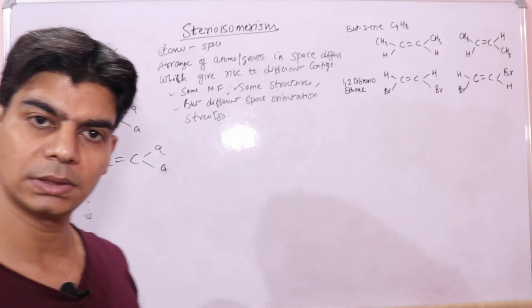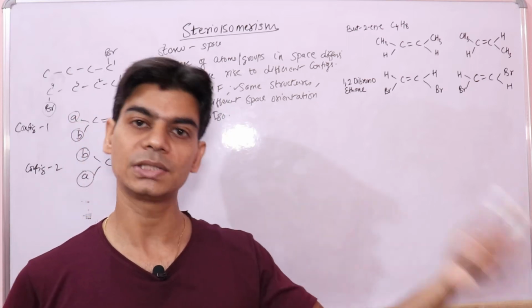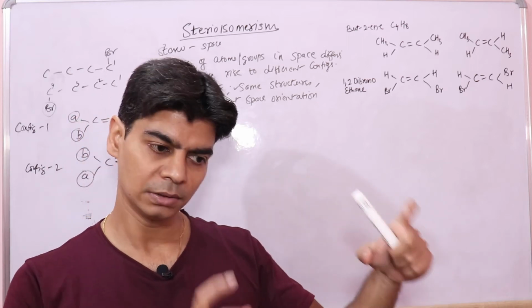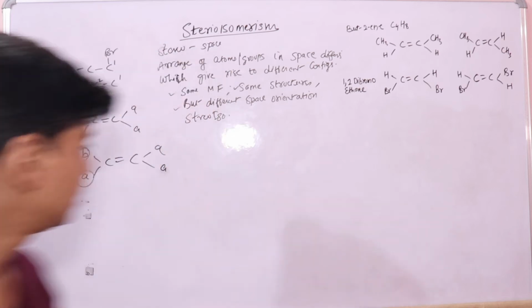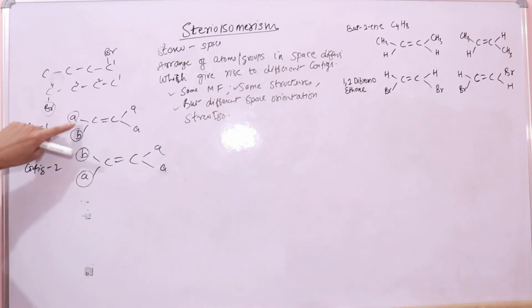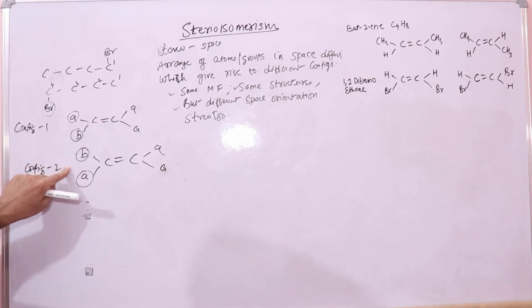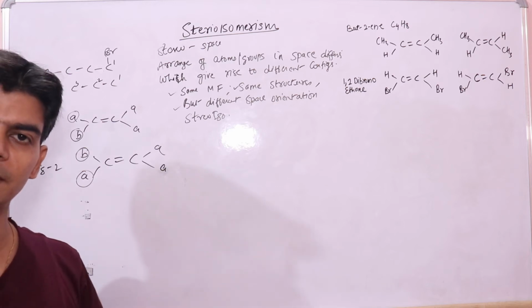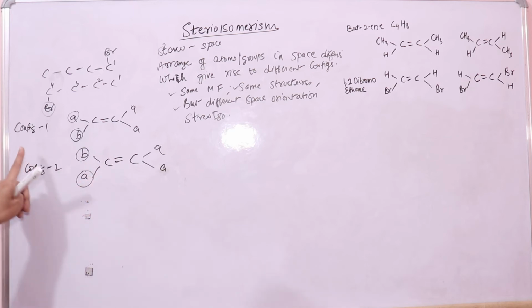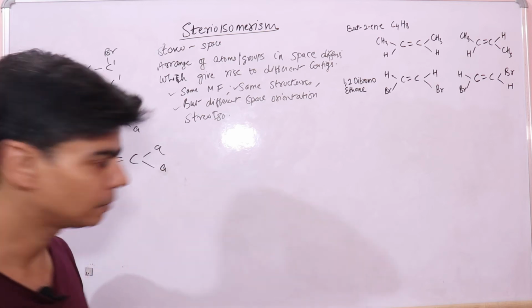Here chemical structures are same, the connections are same, but what differs is how they are arranged in space, right? Their space, the space that atoms occupy, right, in space differs. Here A is occupying a space which is above B. Here A is occupying space which is below B, right? So these two are different configuration, because what is configuration? Arrangement of atoms in a molecule, right? Spatial arrangement. Spatial arrangement of atoms in a molecule is configuration. So this is a different configuration, this is a different configuration. These two are stereoisomers, right?